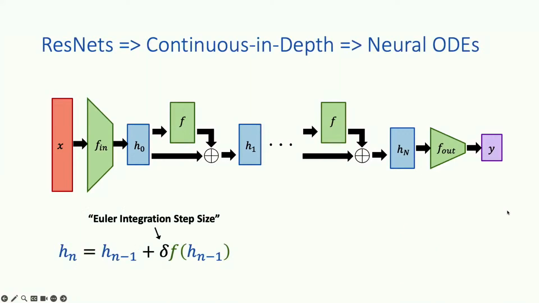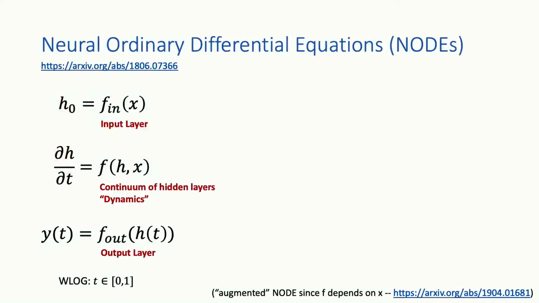The interpretation, as I'm sure many of you already know, is that you can think of this as an Euler integration of a dynamical system, of a differential equation. As you take the step size to 0, each of these functions f is like the derivative, or the dynamics, of the hidden layer activations if you have a continuum of hidden layers. And of course, that limit brings us to function classes like neural ODEs,